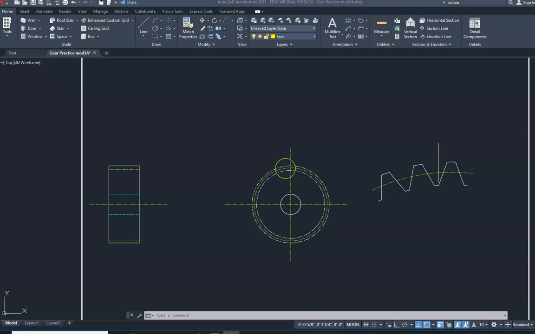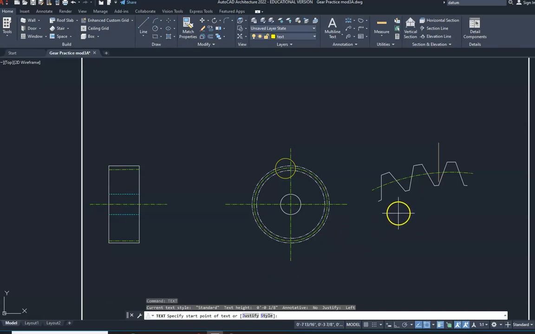So what we're going to do today is share with you how to enter basic text and dimensions in AutoCAD. First off, on my home tab, home ribbon, I'm going to make sure that I'm on my text layer, just to make sure that we are all set. To enter text, all I'm going to do is go to my command line and type in the word text,